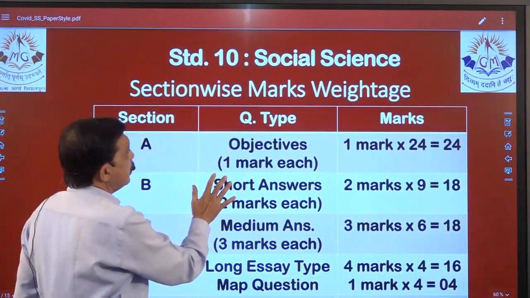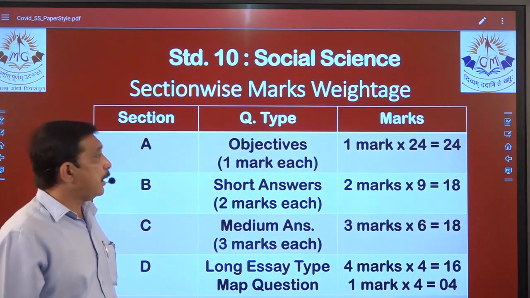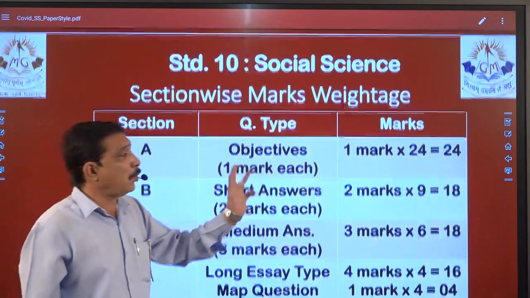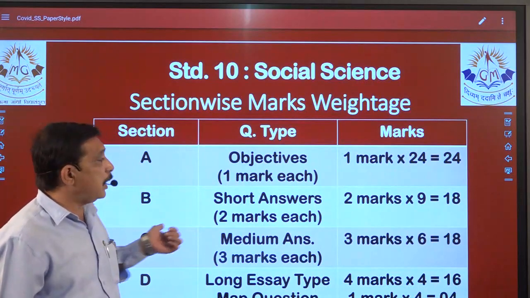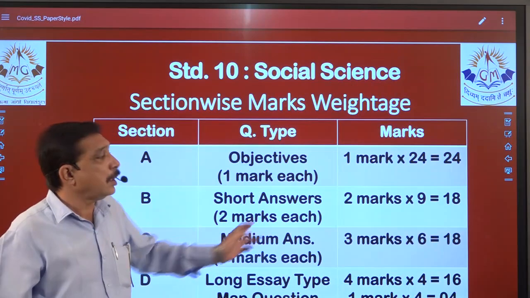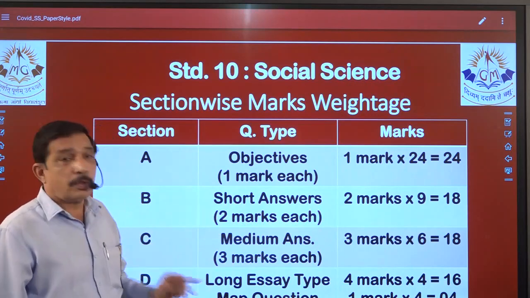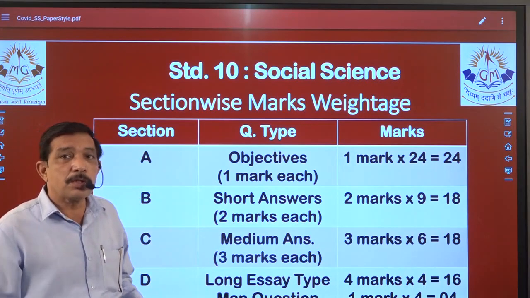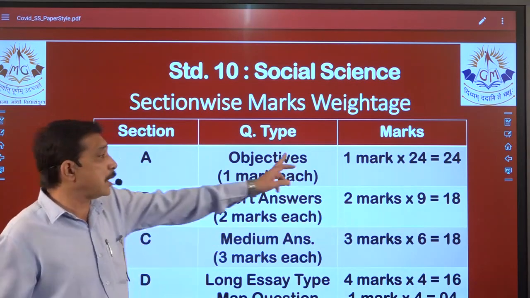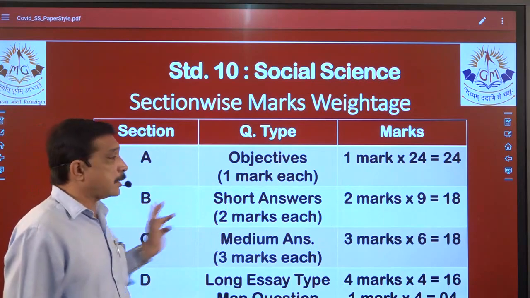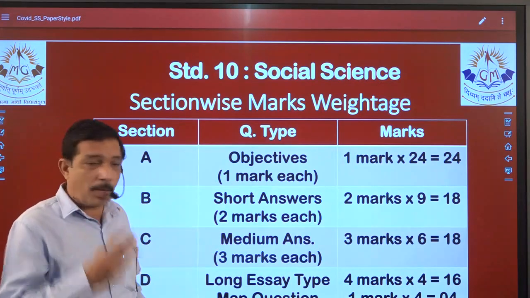Now section wise is very easy. We have 4 sections, section A, B, C and D, right? A will be objective, 1 mark each, so 24 marks. Section B is short answers, that is 2 marks questions. There will be 9 questions compulsory, but 12 questions will be given, 3 questions will be given as options. So you have 2 into 9 is 18. So section A is 24 marks, section B is 18 marks, section C is medium answers,